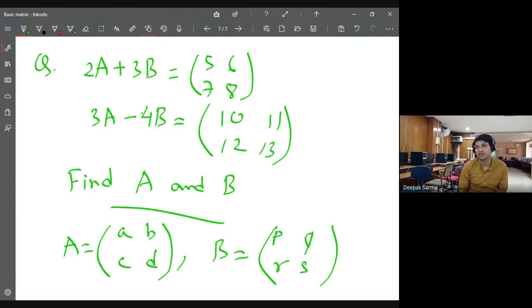It may take time, but you can try. There is a process for how to solve this one. At least you can try. If you don't find any other way to solve, at least you can take this way. Suppose A equal to a, b, c, d and B equal to p, q, r, s, then put it here. There are some other, simpler methods you can use to solve. But hope all of you will try and tell me the answer. Okay. Do you need any hint, any of you, or will you try?